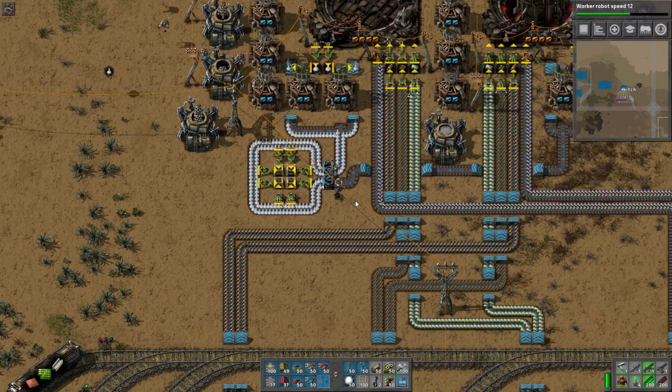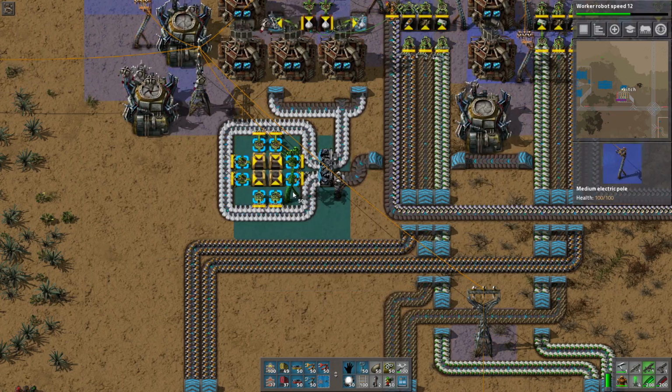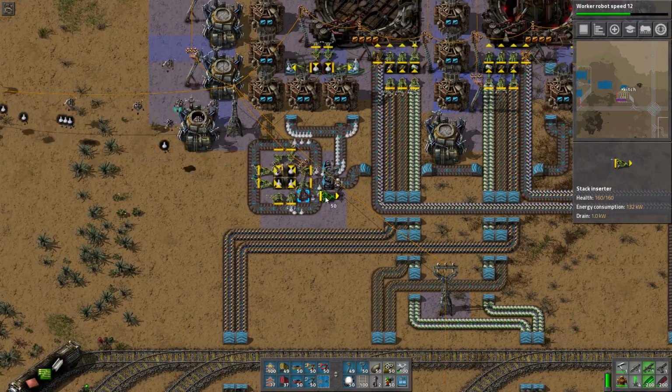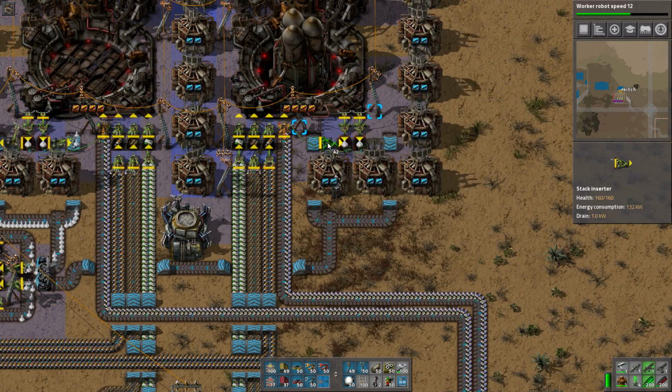And I don't remember if 2 stack inserters fills a full chest or not. I don't remember if it's 2 or 4. 2 looks like it's doing an awful darn good job, so we'll leave it at that. We'll get some stack inserters here,